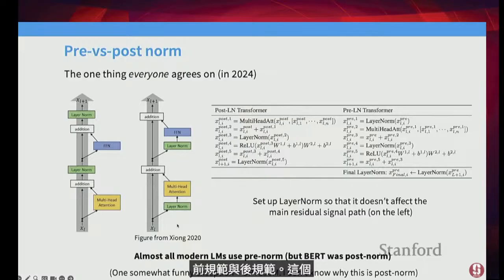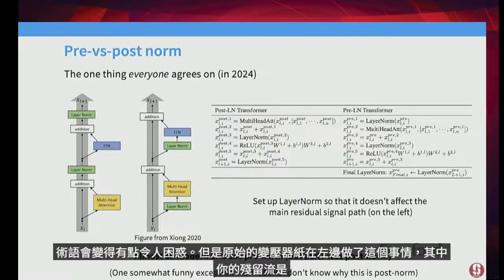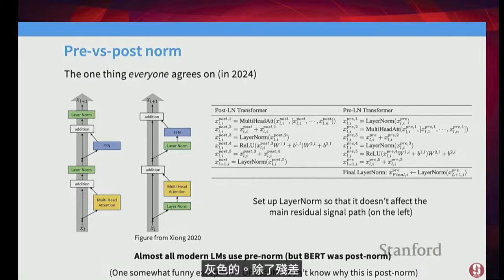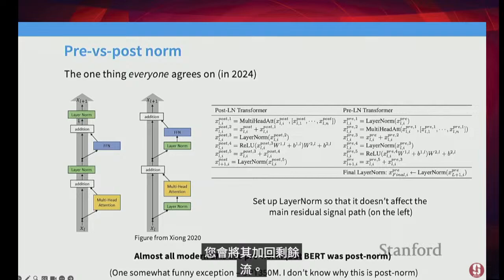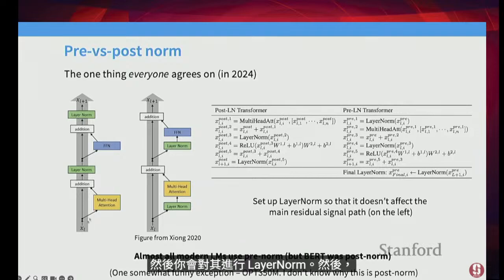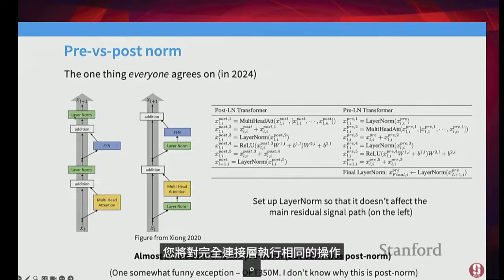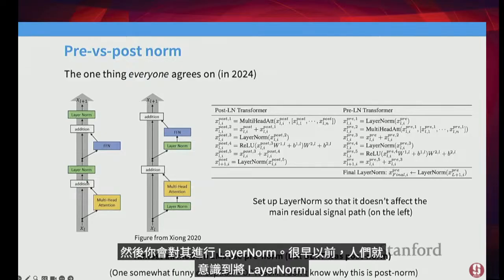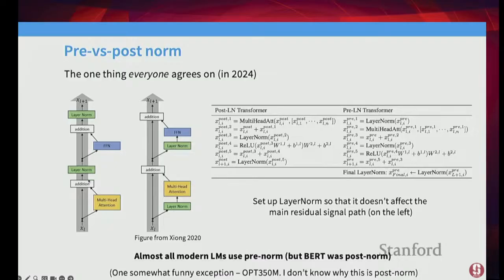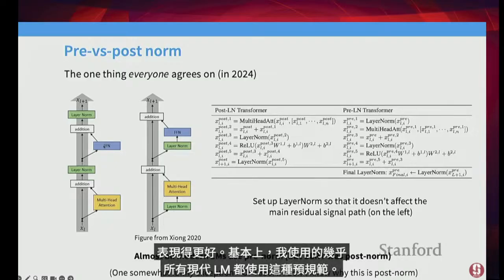The big one, I've already talked about this in 224N, so if you remember that lecture, this will be review for you rather than being totally new. I think the one thing basically everyone agrees on, and agreed on almost from the very start, is the use of pre-norm versus post-norm. That terminology will get a little bit more confusing. But the original transformer paper did this thing on the left over here, where you had your residual stream in the gray. And in addition to the residual stream, you had these layer norms after every subcomponent. So you would do your multi-head attention, you would add back to the residual stream, and then you would layer norm that. And then you would do the same thing with your fully connected layer,